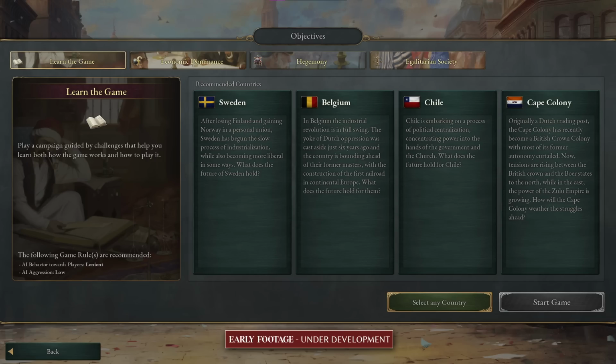Victoria 3 is shaping up to be one of the most complex and probably the deepest economic experience to date. We really want to show you the game so you can understand and fully experience the game like we want you to. In Victoria 3, you start a tutorial by selecting Learn the Game as your player objective. So we have 2 main components of our tutorial. First off, we have the reactive journal system.